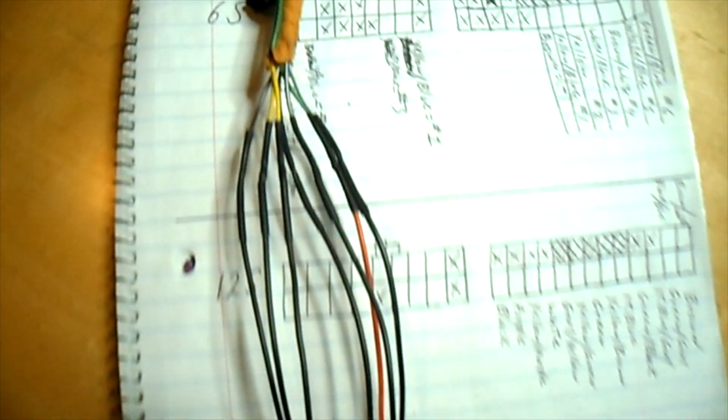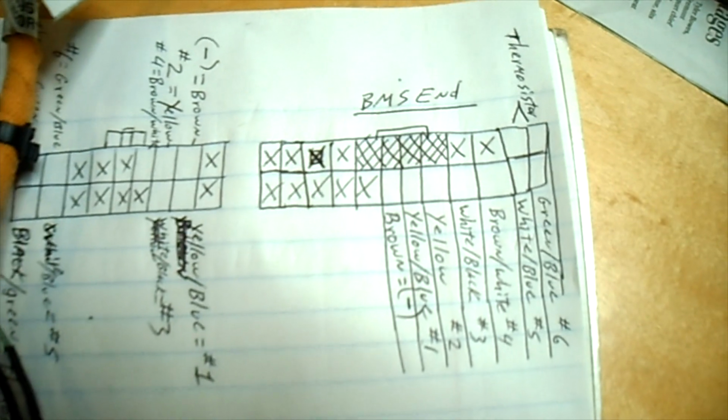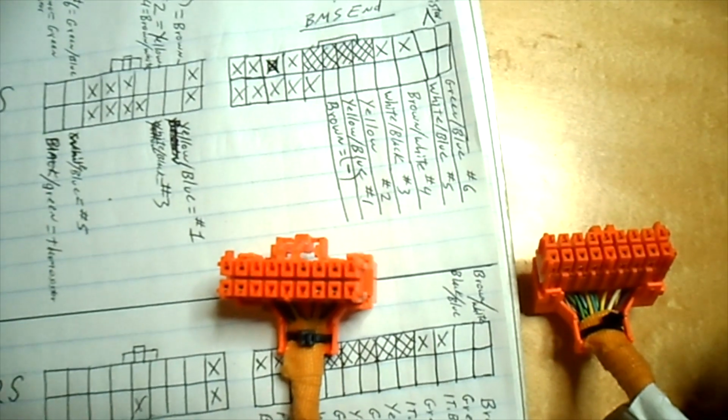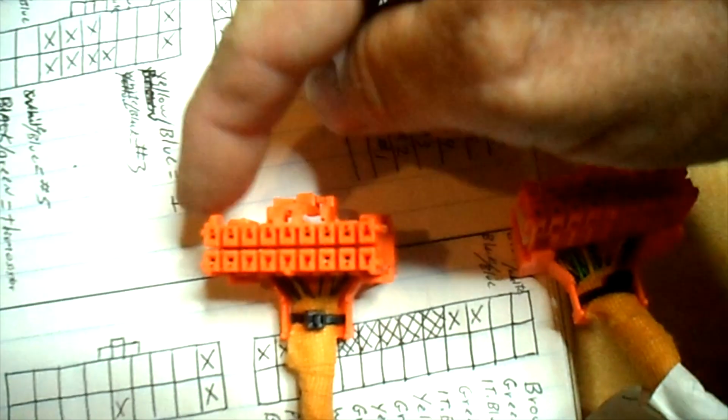Well, I got our end soldered to our BMS plug as per our wiring diagram, or wiring definition. Then we'll double check it. And before we plug it in and double check it, I wanted to show you that these plug-ins are indexed a little different. So this one's got a button right here, the button's over here. You can kind of tell by the amount of wires. This is a 6S plug-in,